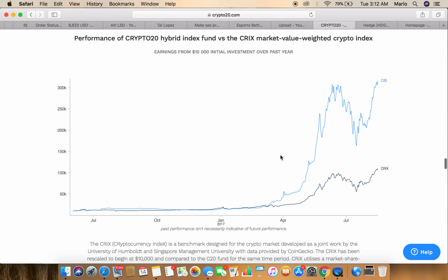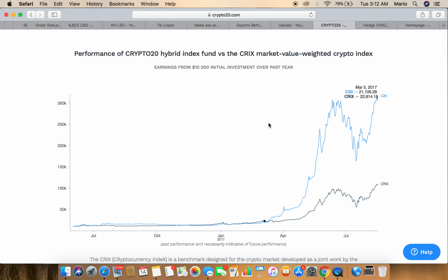This is showing the performance of the Crypto 20, and this is a good representation of how you could have made a great amount of money if you were down here, investing even along here all the way up to here. You could have made some decent money until we get to the top. But this is not the top, guys. We still have a lot of people who are still